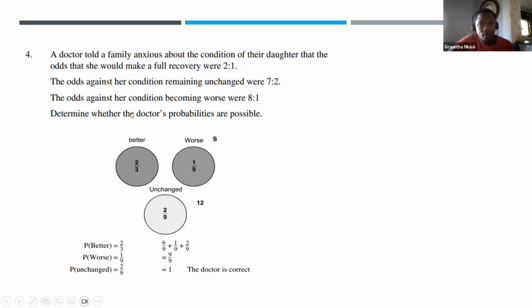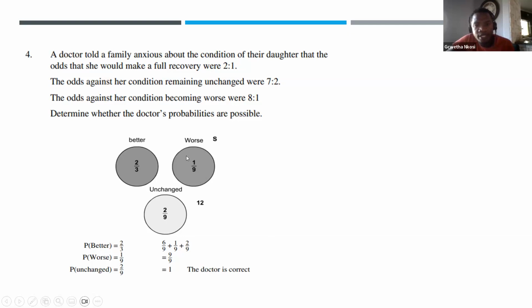Then determine whether the doctor's probabilities were possible. You've got better, you've got worse, you've got unchanged. So now, when we represent this as probabilities,